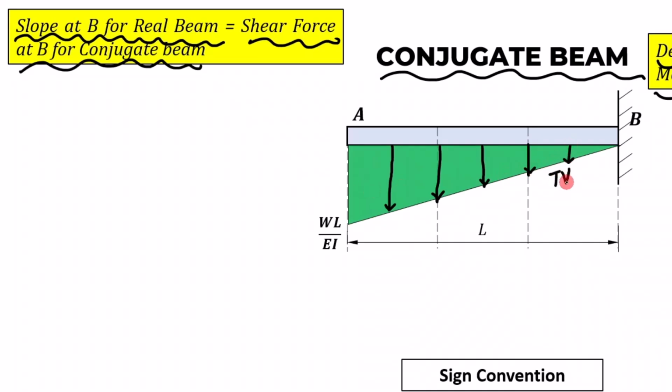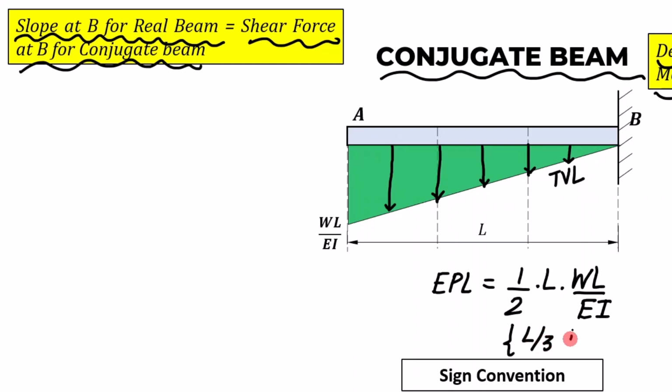What is this? This is a triangularly varying load. If I were to convert this triangularly varying load into a point load, how do we get the equivalent point load? You just need to take the area, half of base times height. The base is L and the height is WL over EI. This is the equivalent point load. Where is this going to act? At L by 3 from